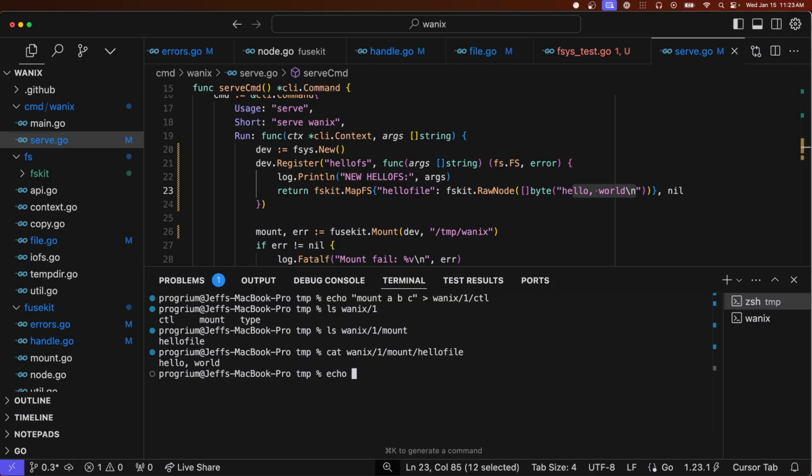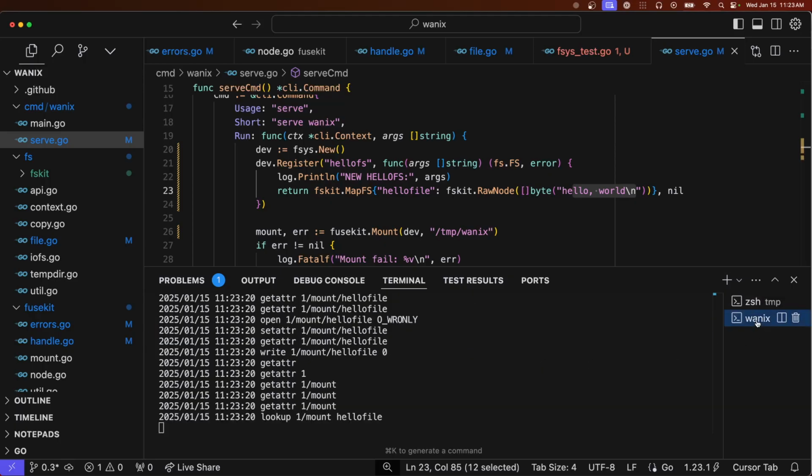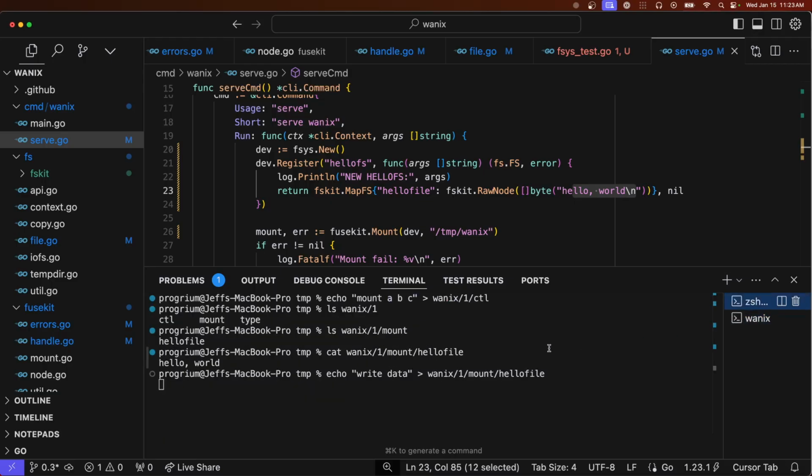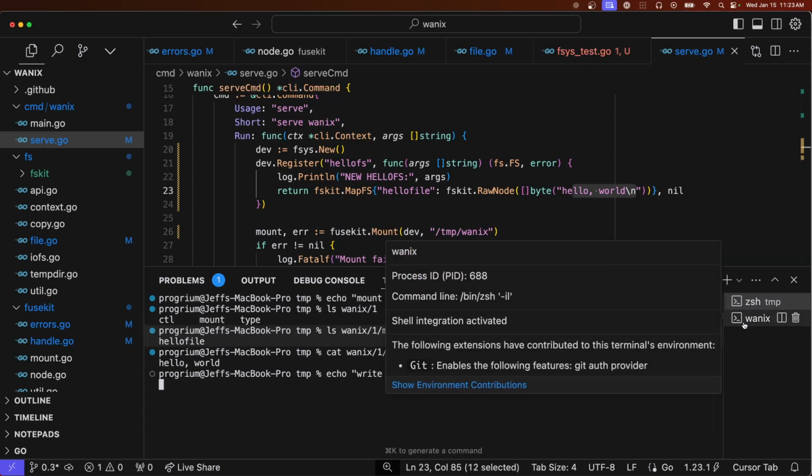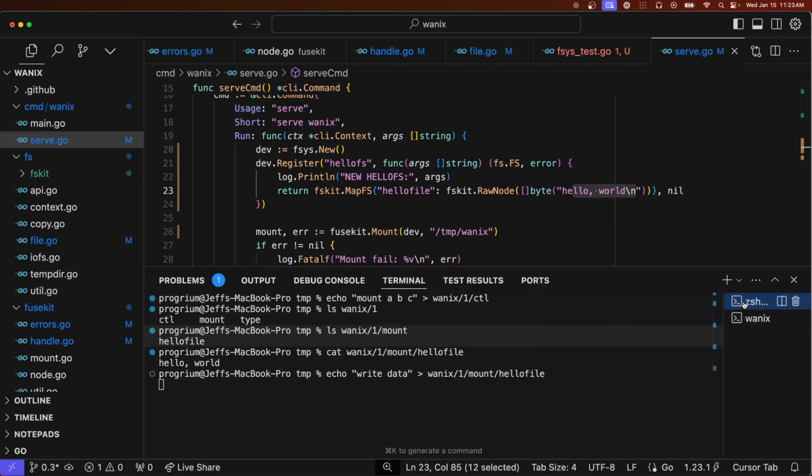Curious if we can write. I think I ran it. Blocking for some reason. Do we have to specify that it's a writable file? So that's a good question,